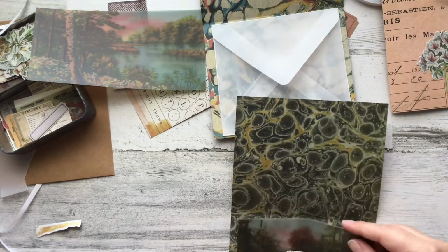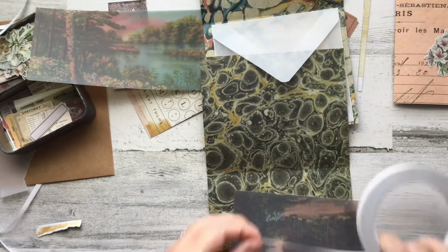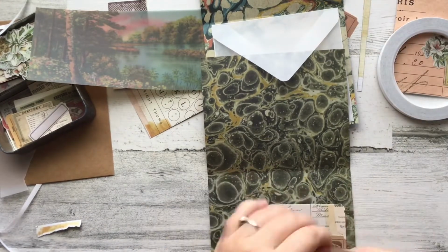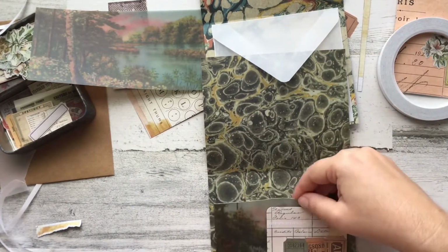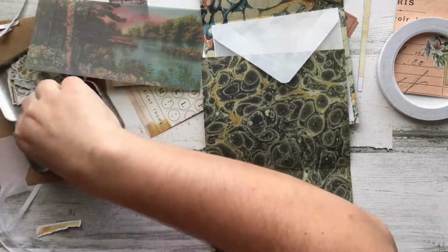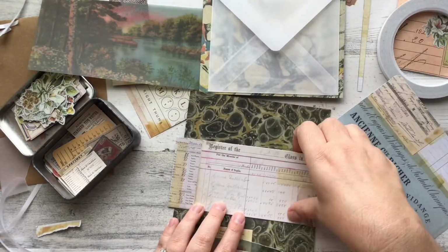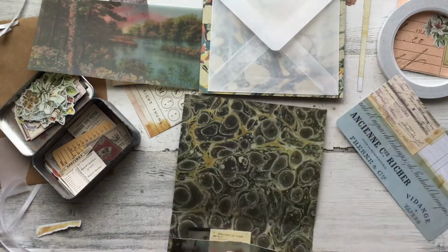But now I don't. I just wing it because I don't have time for that. And so sometimes there's a lot of editing that goes into place. There's a lot of like, what am I doing? But it works out. So what I did with that postcard is that I just put some double-sided tape on the bottom of it and sort of tucked it in behind that flap so it becomes another tuck spot,